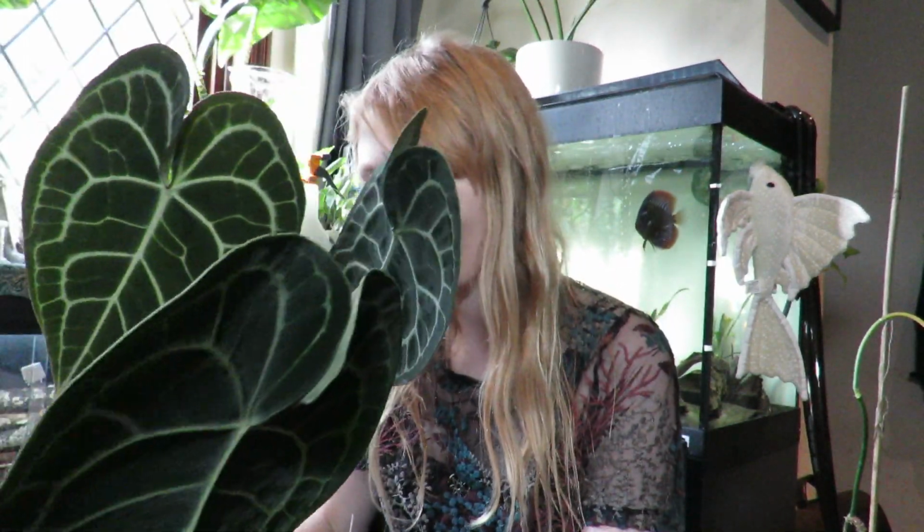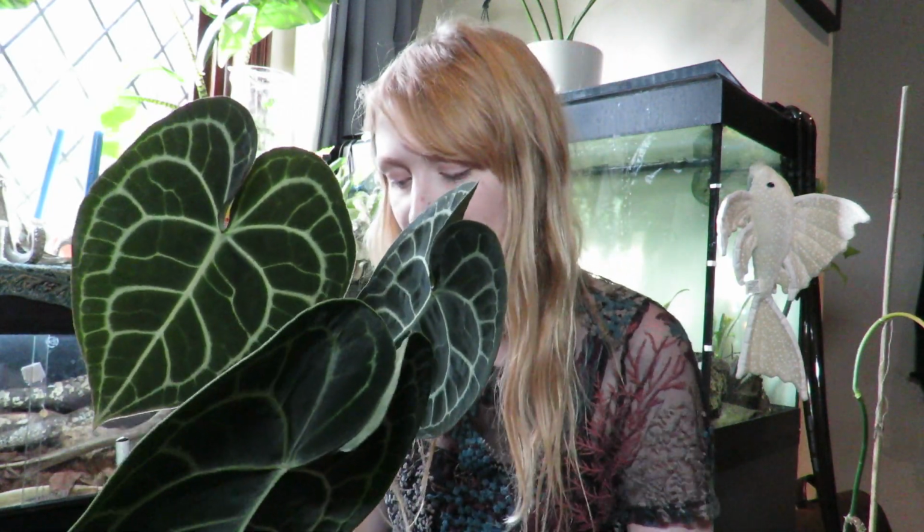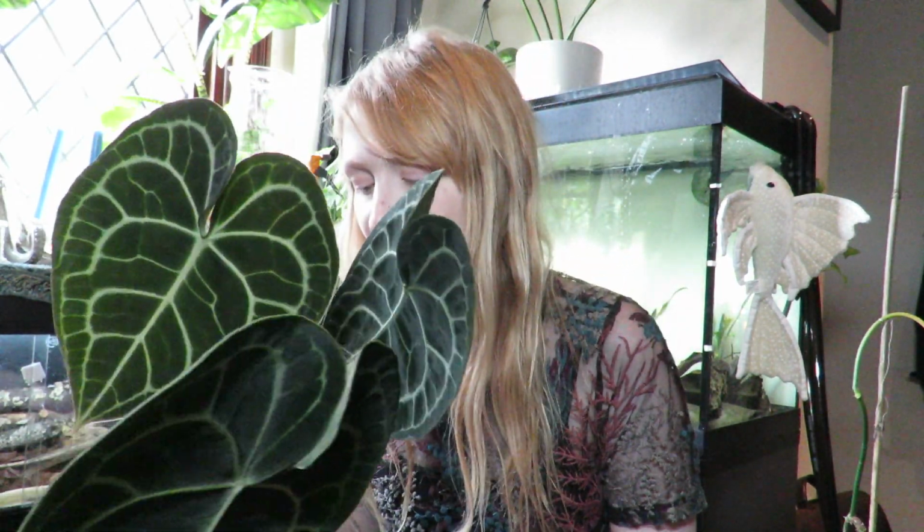So this is probably my biggest drama queen of a plant. This is Anthurium clinovium, is it? So I kind of think of it as like an orchid, and it has grown quite a bit, but it kept sending out flowers, so I kept chopping off the flowers to get more leaves, and it got spider mites last year. So I cut off when I could all the leaves that had the spider mites, and it's growing quite well. It's not massive in this high humidity, so yes, when I get a sort of mini greenhouse, it'll definitely go in there. But yeah, I think I got it last July or August. You can see the pot is